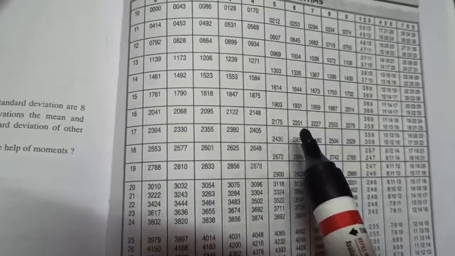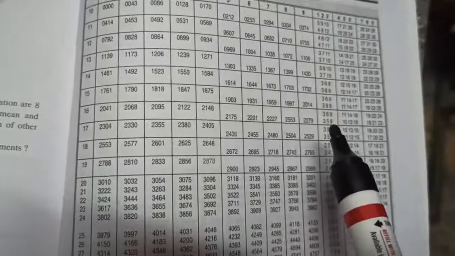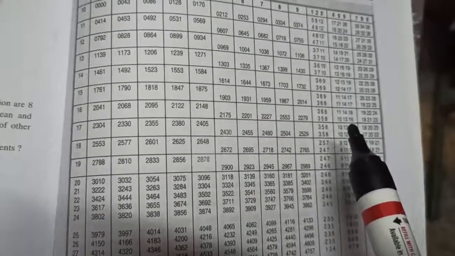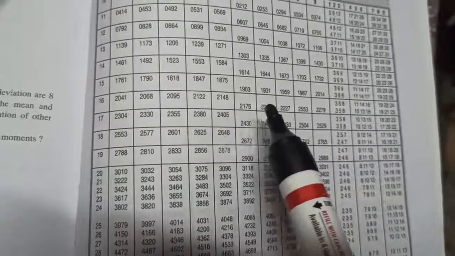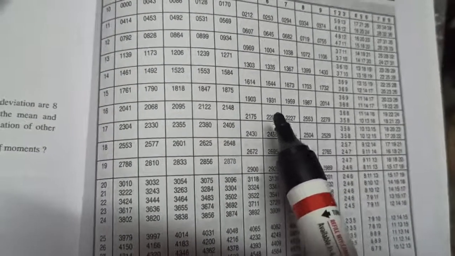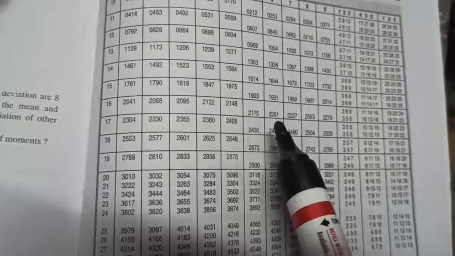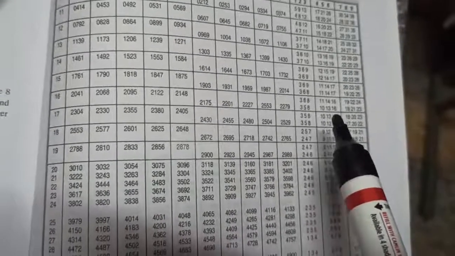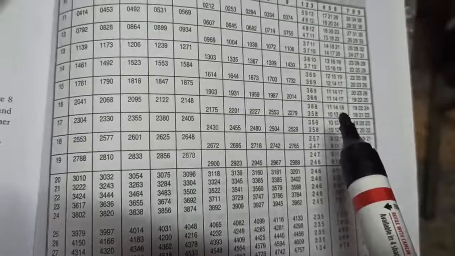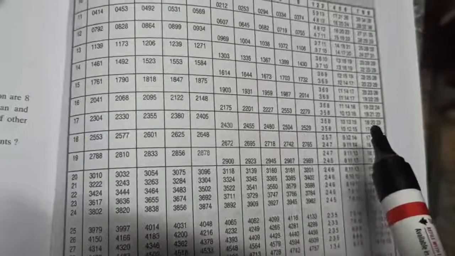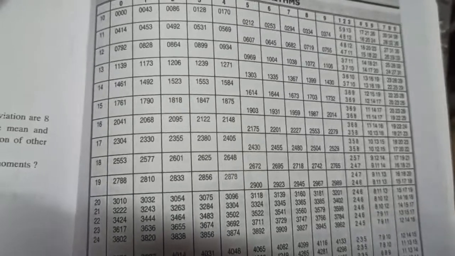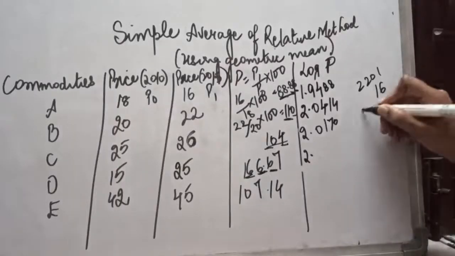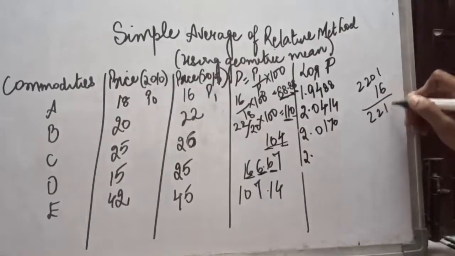Again I have to look at for 6. I will be moving further for 6, 16. Why have I taken the below value? Because this was written below. The 6 I have chosen, it is not written above, it is written below. So I have taken the below value, that is 16. So I will be adding 2201 plus 16 and that will be the value that I will be writing in the table. When I add it, it will be 2217.